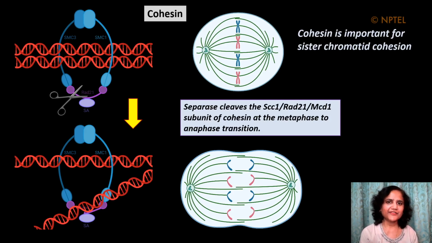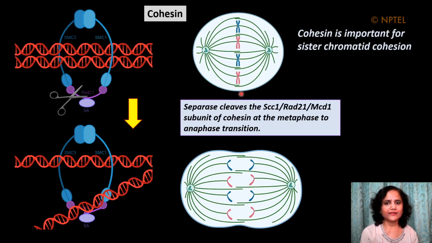Cohesin was first identified based on its requirement for the process of sister chromatid cohesion in budding yeast mitosis. Budding yeast mutants defective in MCD1, the kleisin subunit of cohesin, showed cohesion as well as condensation defects by fluorescent in situ hybridization analysis of budding yeast chromosomes. Now we know that one of its main roles is to hold the two sister chromatids together until the metaphase to